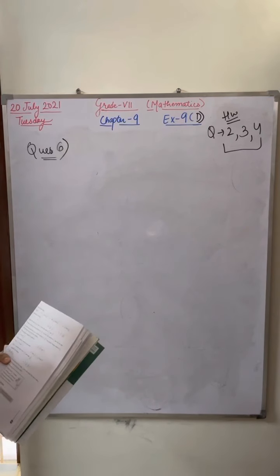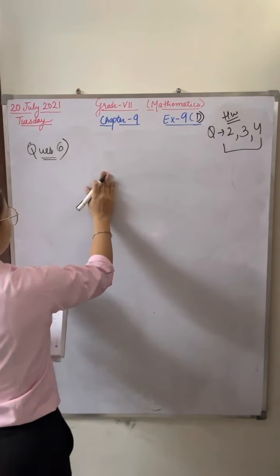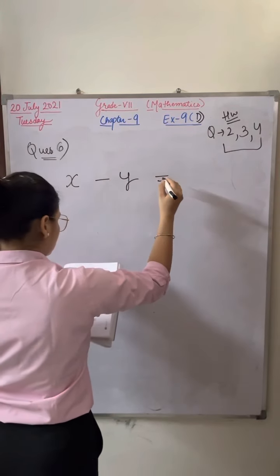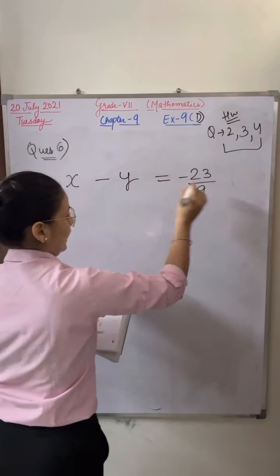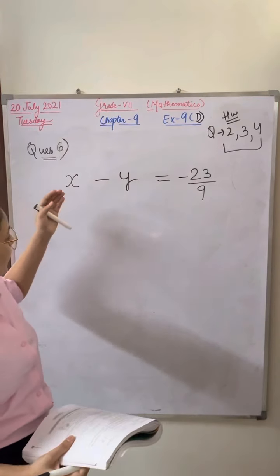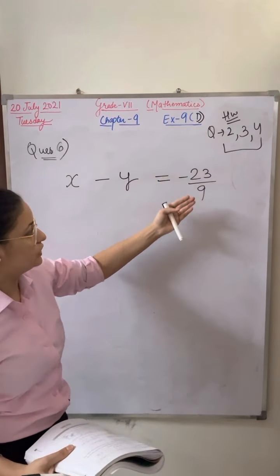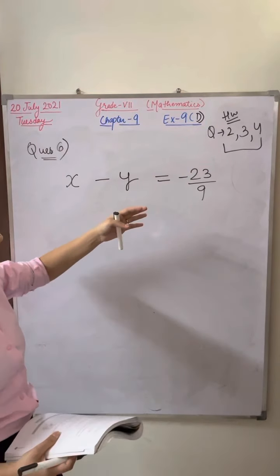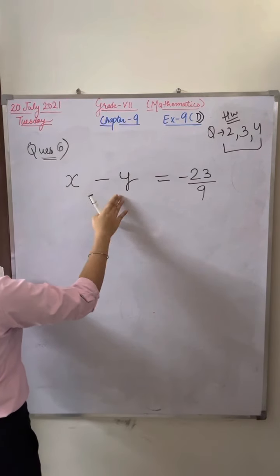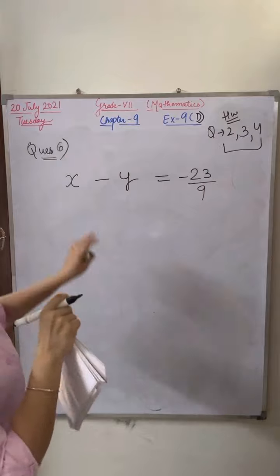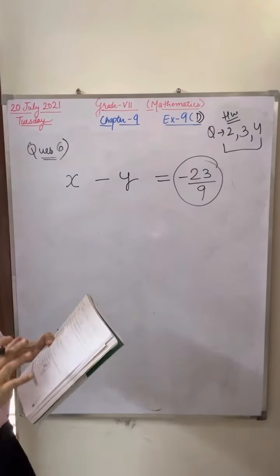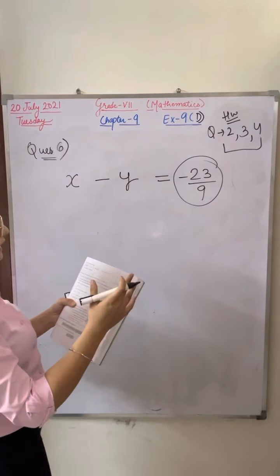The difference between two rational numbers is -23/9. So let's suppose I'm writing the difference of two rational numbers x and y is equal to -23/9. Any doubt up to here? Yes, the difference between any two rational numbers is equal to -23/9. Right? Very good, Rushil. So that means I have written any number. You can write A, B, M, N, S, T. I told you earlier, any two rational numbers. That is given to you in the statement. Now, if the smaller number is 5/9, find the bigger number.